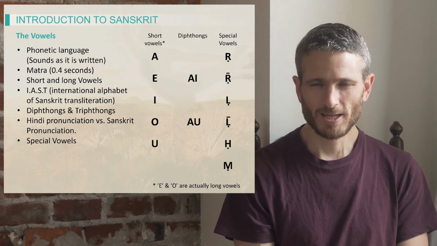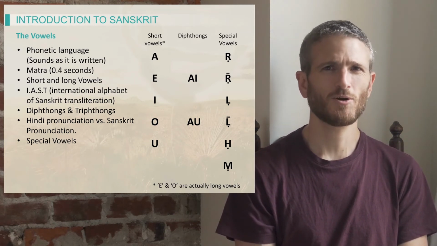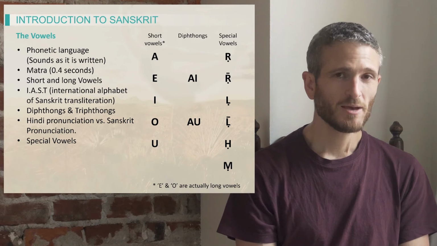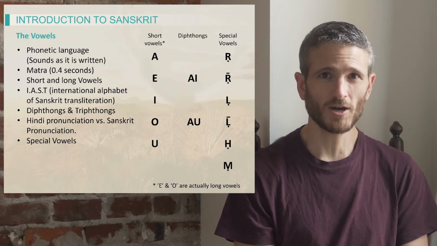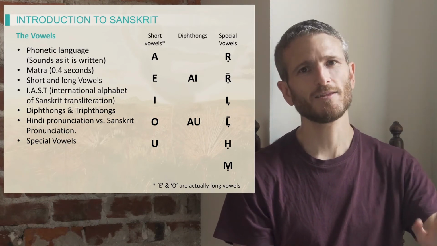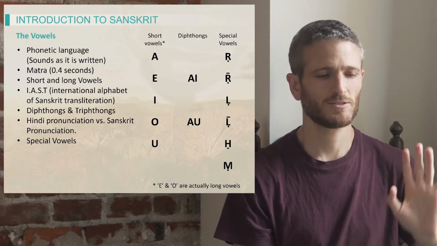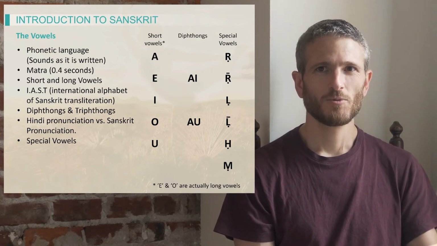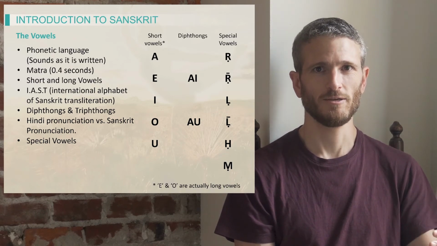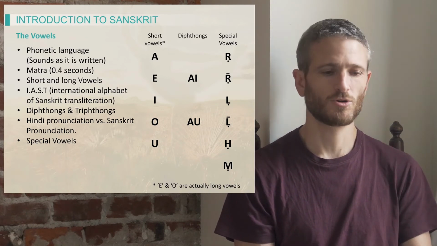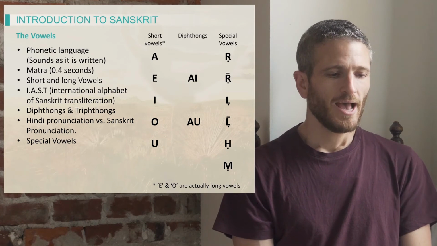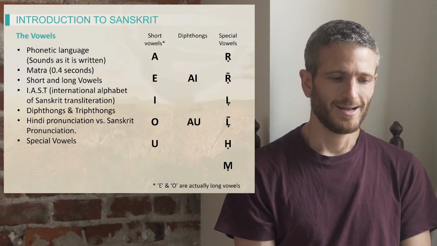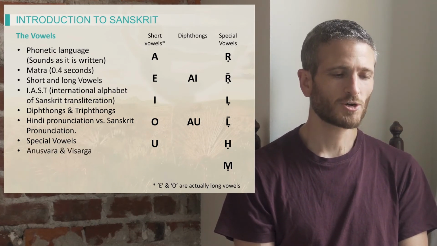This is a very rare letter. You're almost never going to encounter it, only in some very esoteric mantras. But the ri, this R with a dot underneath, remember that one. The L, if you pronounce it just L, is fine. So we have R, and we have Ri, we have L, and we have L, which is a bit of a longer L. And now we move to the final two special vowels that we have, which are called Anusvara